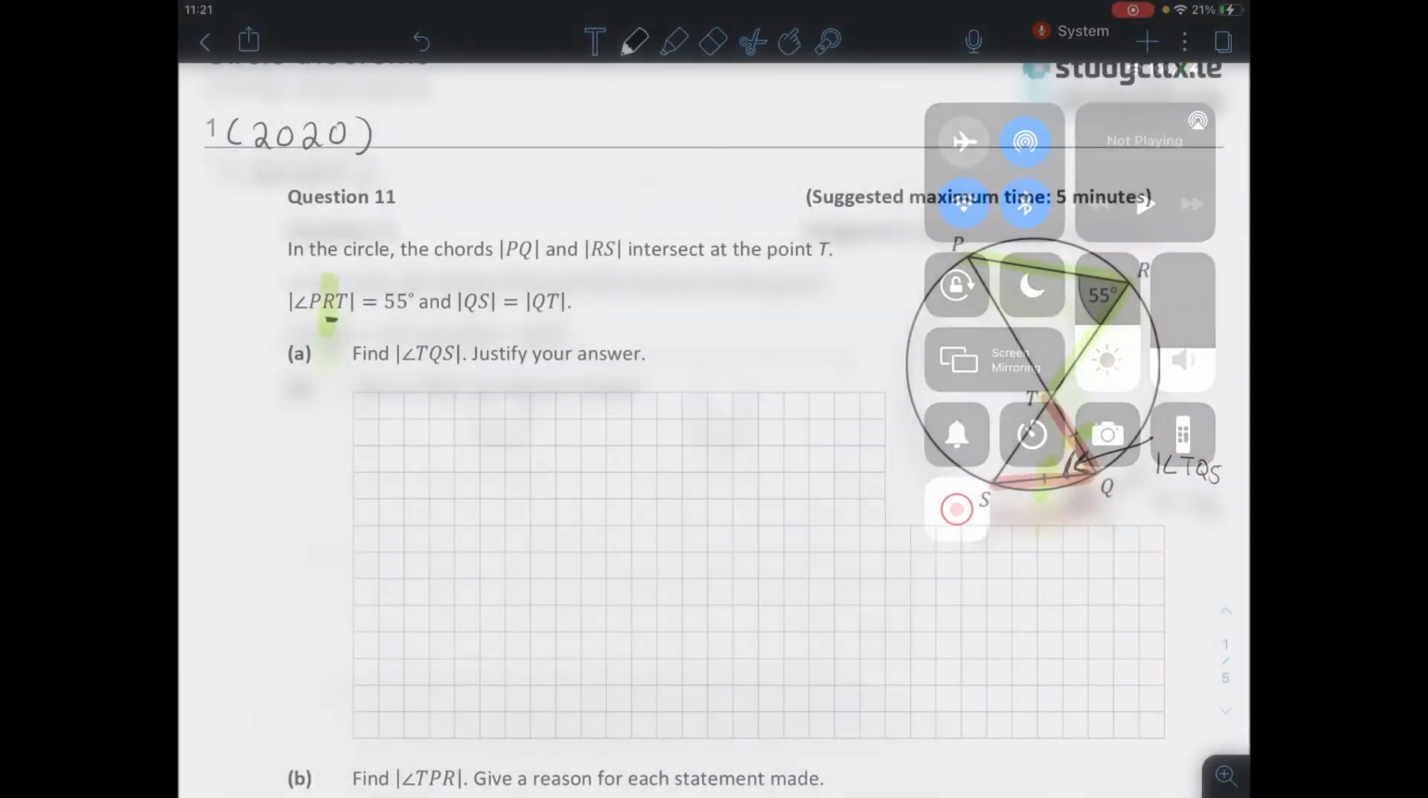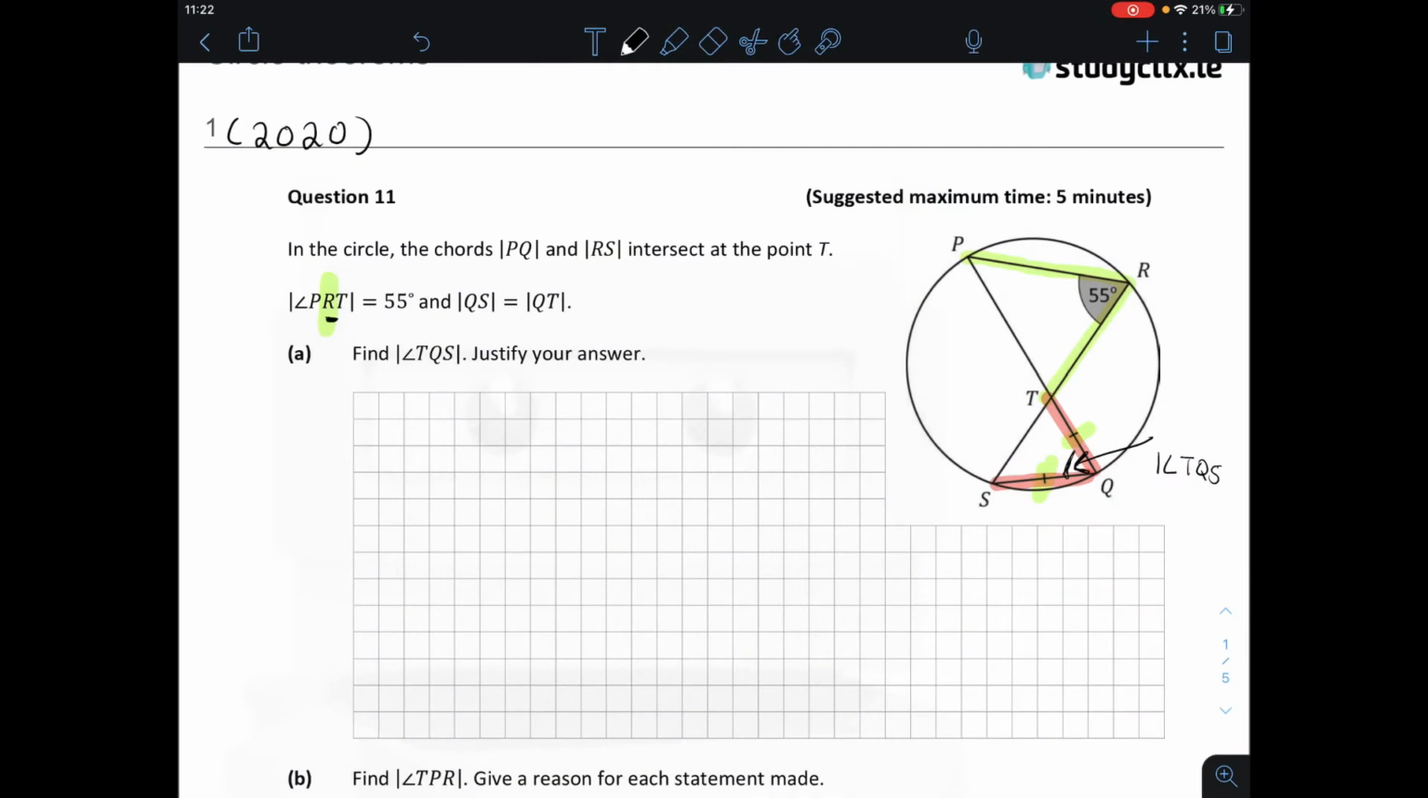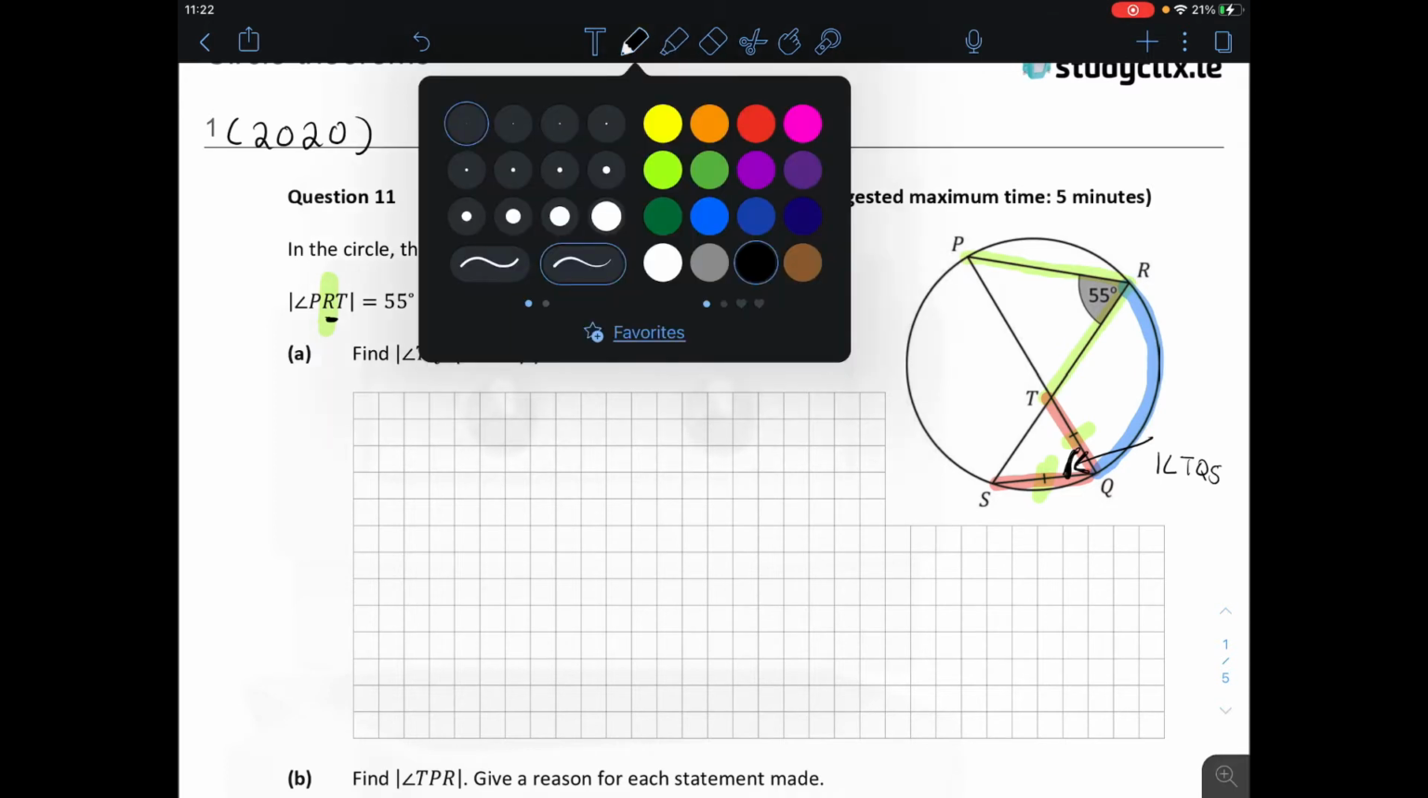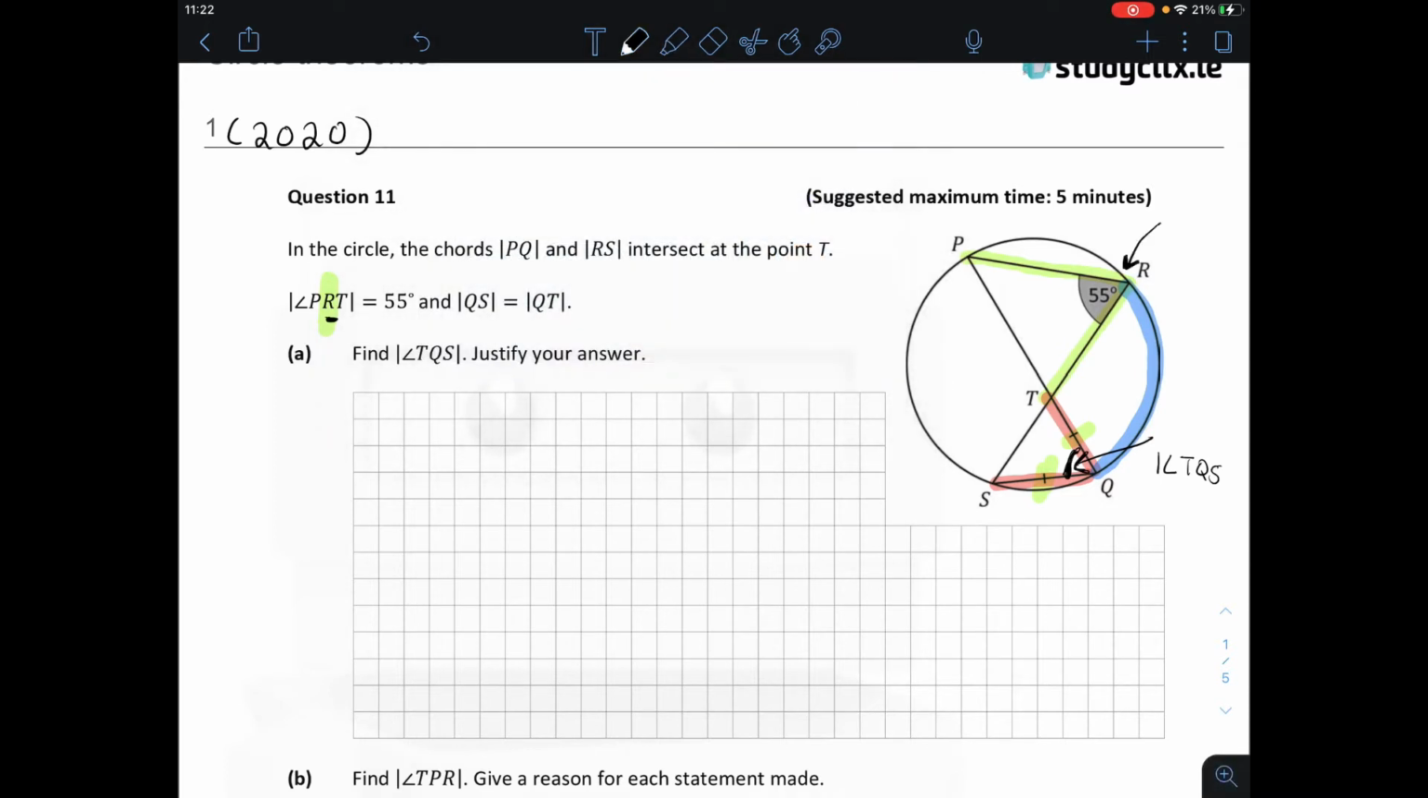TQS. Okay, so what can we tell about this diagram? Well, we can tell that this angle, the angle we're looking for, that's the angle TQS, is standing on the same arc. So let me just color in that arc. So it's standing on that same arc as the angle PST. So we know that these 2 angles are standing on the same arc. And our circle theorem states that angles on the same arc are equal,